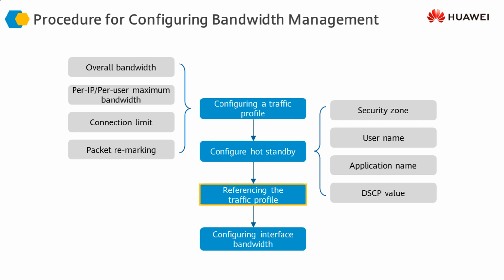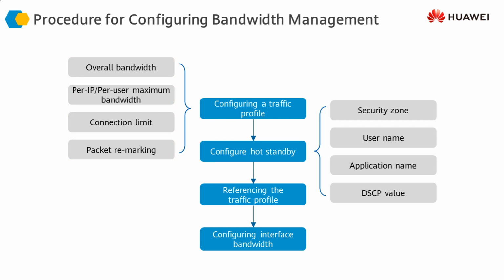Within the traffic policy, we reference the traffic profile that we have configured here. So we configure the profile, we configure the policy, and in the next step, we associate this profile to this policy, or within this policy, we call this traffic profile, so that we say that for this traffic, we want this behavior, or we want to allocate this amount of bandwidth.